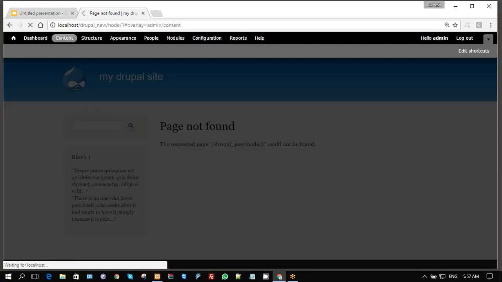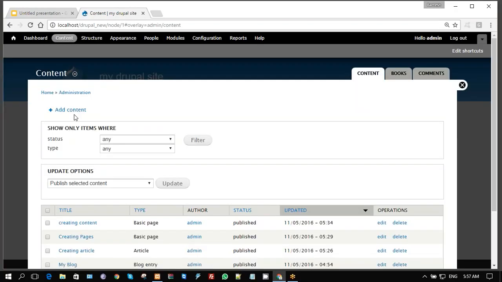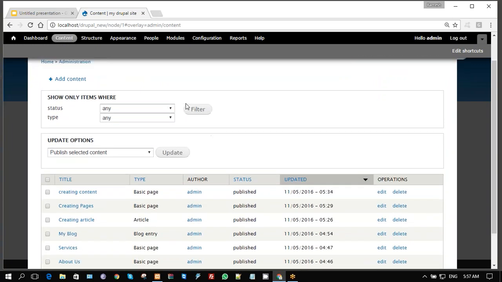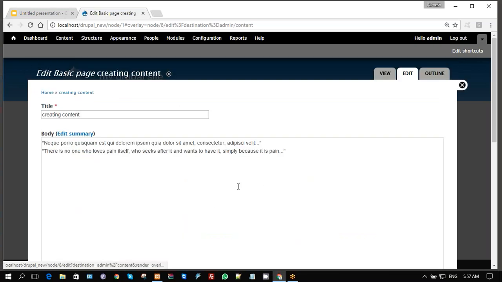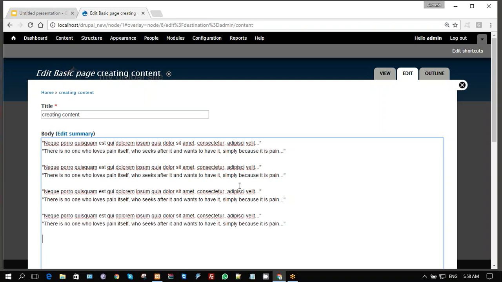Okay, to publish the content, go to the content. You have already seen how to add the content, but you can edit the existing content and you can publish it. Just edit it, and this is a page about creating content. So we are adding some more text to it,